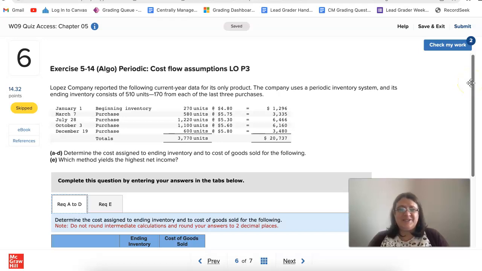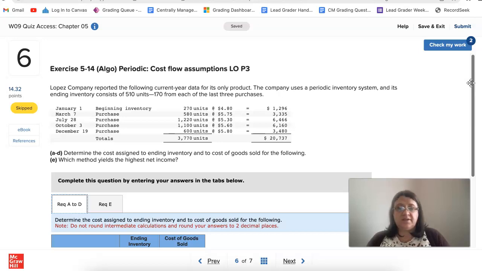Hello everyone. So this week we're working on week 9, Quiz Access, Chapter 5, problem number 6. Lopez Company reported the following current year data for its only product. The company uses a periodic inventory system, and its ending inventory consists of 510 units, 170 from each of the